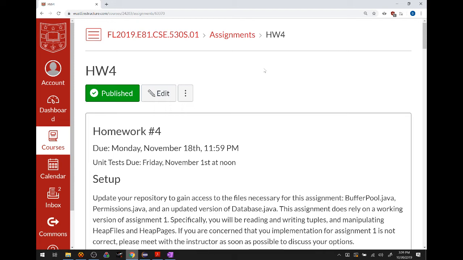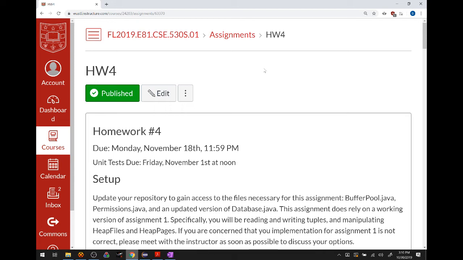So that is another role that the buffer pool is playing. It's sort of the lock manager as well, right? It's in charge of making sure that transactions have the locks that they need. And if they don't, the buffer pool will try to acquire those locks, try to grab those locks for the transactions so that they can perform their operations. So most of the work that you're doing in this lab is going to be in the buffer pool file. We'll take a look at that file in just a little bit.